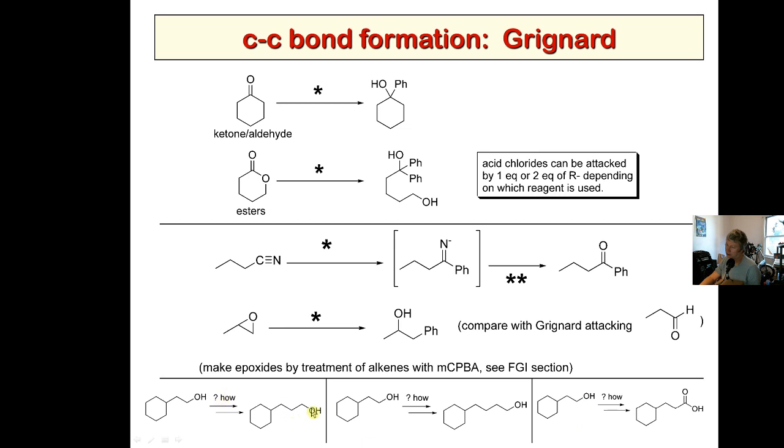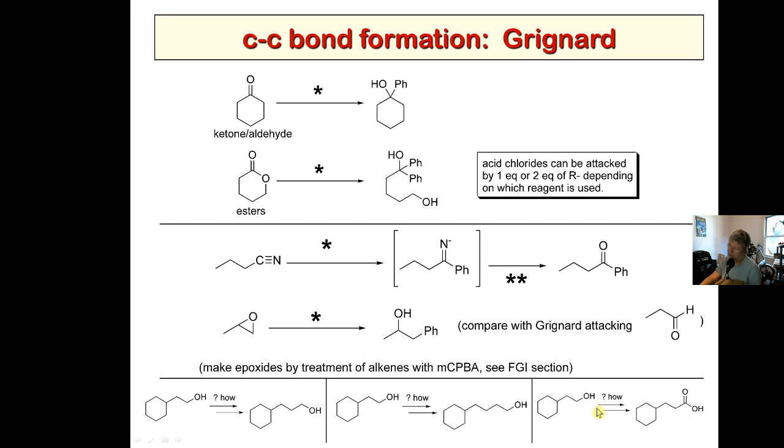of like we did over here, and then you'd make a primary alcohol, and then you could just oxidize the primary alcohol to the carboxylic acid. And we learned how to do that. That was with what? How do you oxidize a primary alcohol to a carboxylic acid? Think about oxidation reactions, and first you might think,